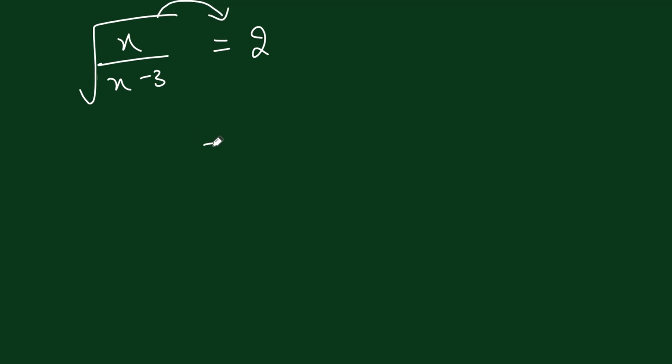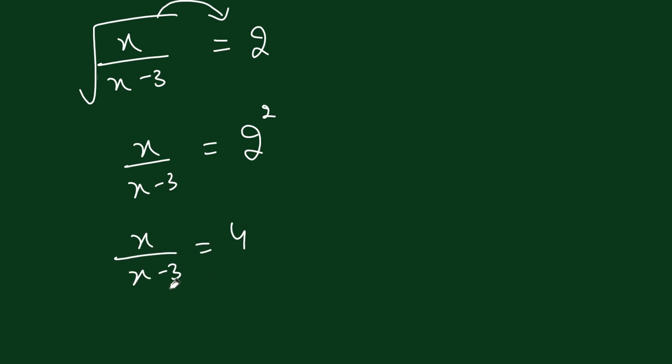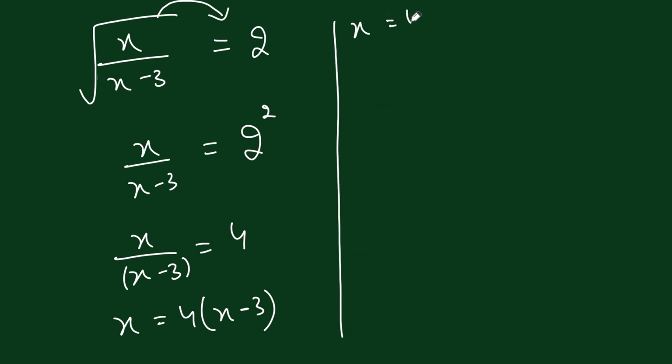Now what will happen here? Since we have root of x by x minus 3 is equal to 2, so who will go to the other side? As we know, when plus goes to the other side it becomes minus, multiplication becomes division. Remember, when a square root goes to the other side, it becomes square. So x by x minus 3 is equal to 4. Doing cross multiplication, and don't forget the bracket, it's 4 into x minus 3,